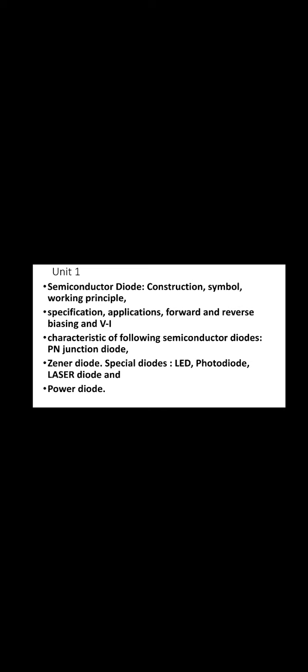Okay. So today we will see the syllabus of the first 3 units. The next 3 units we will study afterwards. The first unit is the semiconductor diode. In that we will study PN junction diode, Zener diode, light emitting diode, photodiode, laser diode and power diode. These diodes we have studied in the first unit. Diode is basically used to convert AC signal into DC signal. Okay. Rectifier, then rectifier and filters.